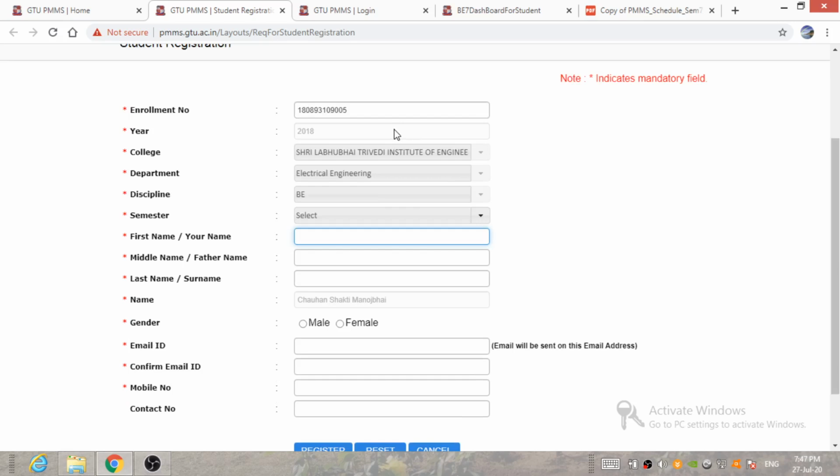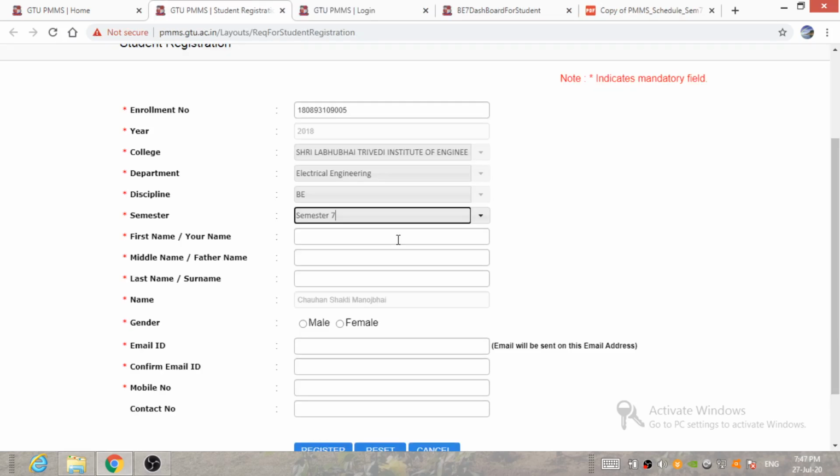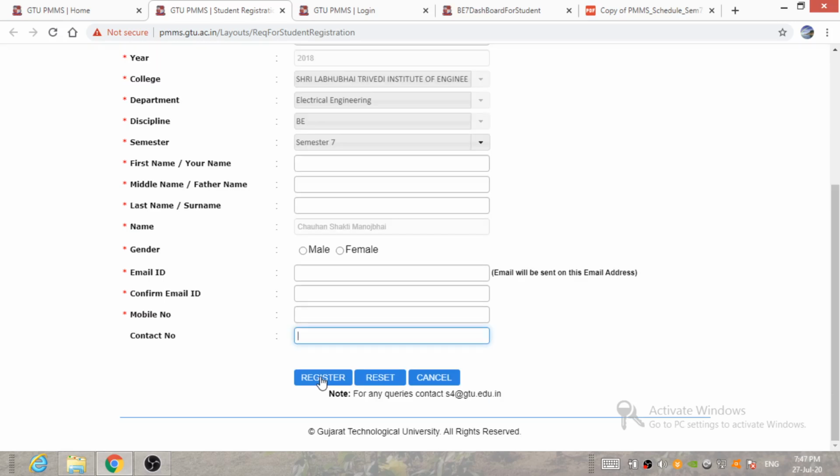After that, the student has to select his semester, enter his first name, middle name and last name, and select the gender. Then enter the email ID, confirm the email ID again, and enter the mobile number. After entering all the details, the student has to click on the register button.